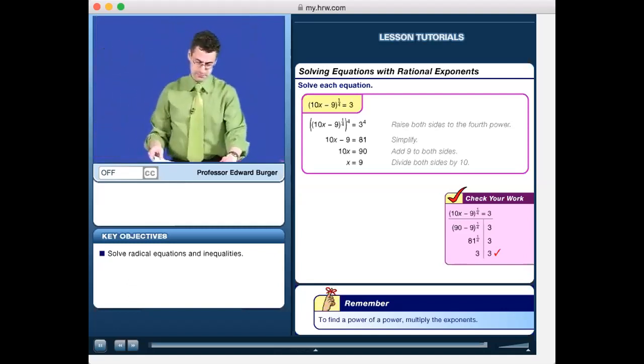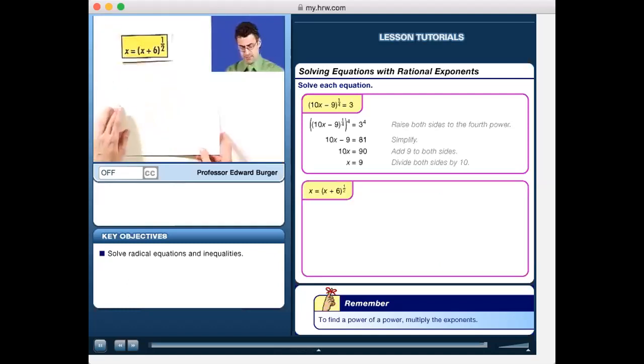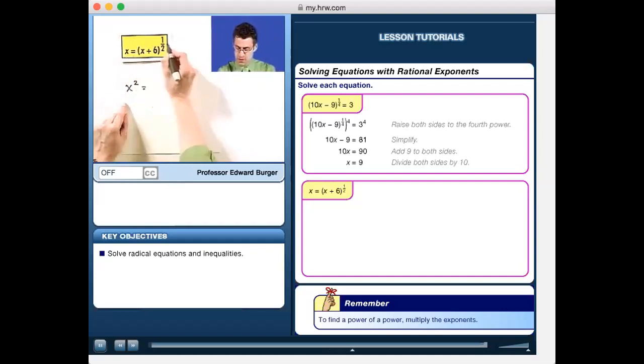One more. Here we see x's on both sides. And on this side, the 1/2 exponent is really what kind of root? It's, that's right, it's a square root. So I'm going to raise both sides to the exponent 2. I'm going to square both sides. I'm going to do that now in one step. I'm going to square this side and see x squared. And when I square this side, the 2 exponent and the 1/2 exponent cancel, and I'm just left with x